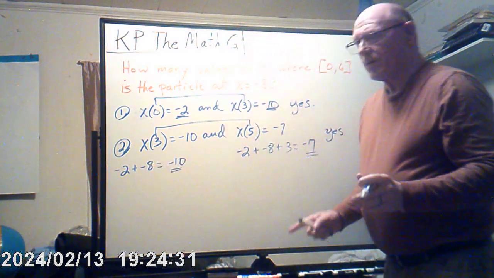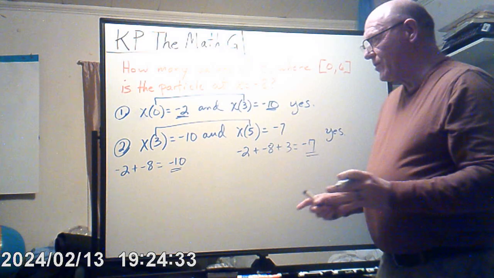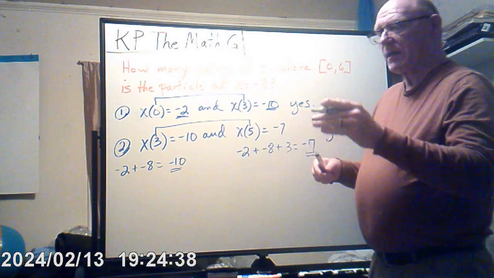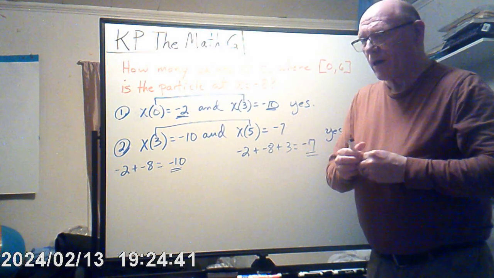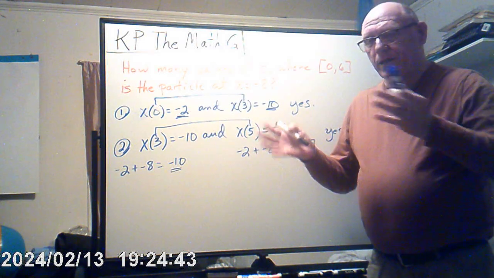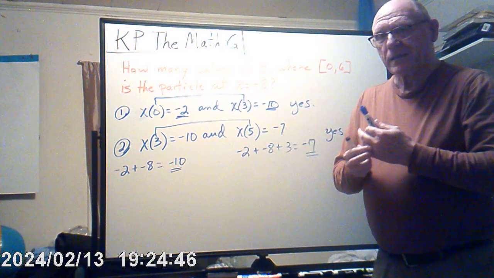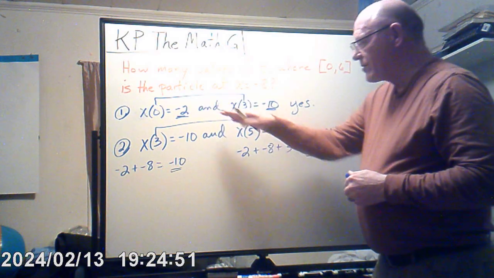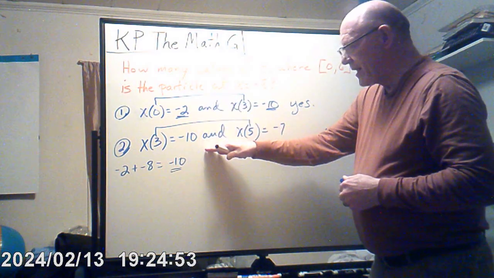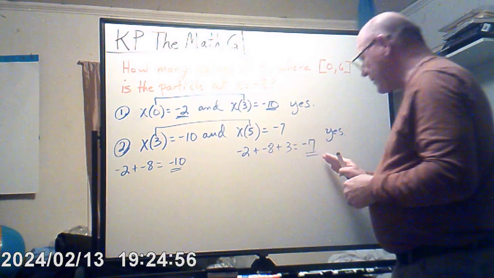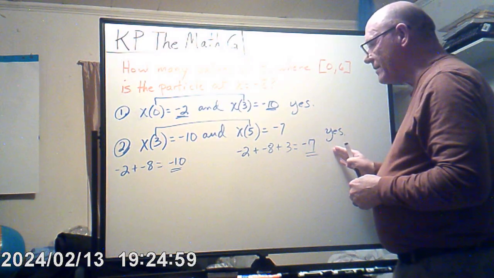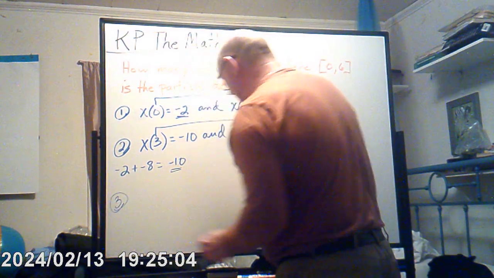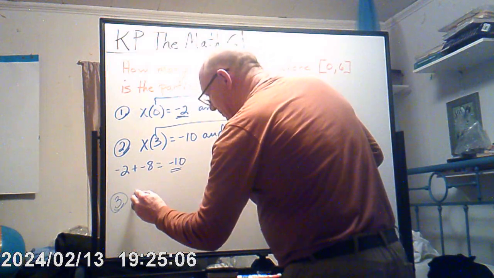And you have to remember that because this function is differentiable, that means that it is continuous. It's continuous here and it's continuous here. So eventually you are going to run into -8. And then the third time we're checking from x at 5